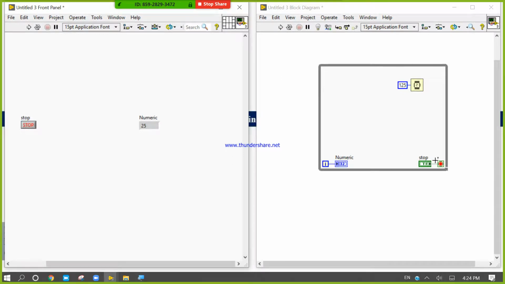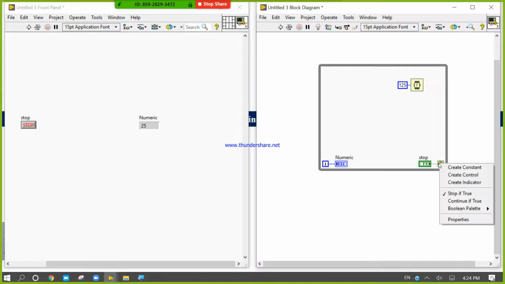Second thing, if you change it into continue if true, now run, it's not working. Why is it not working? Just because this is false.